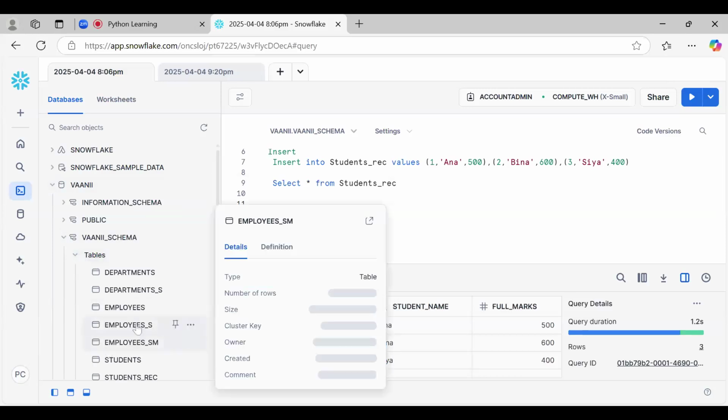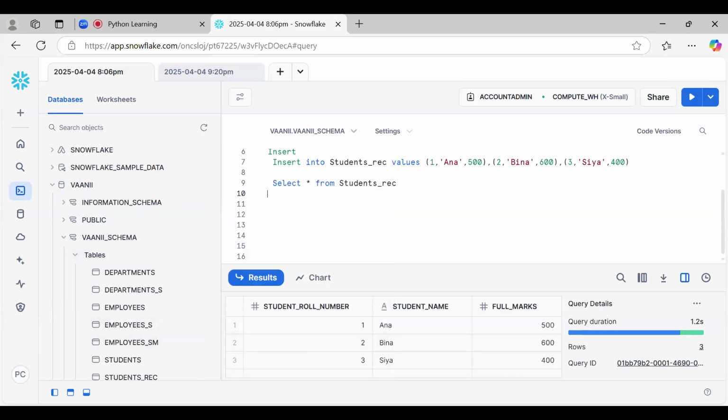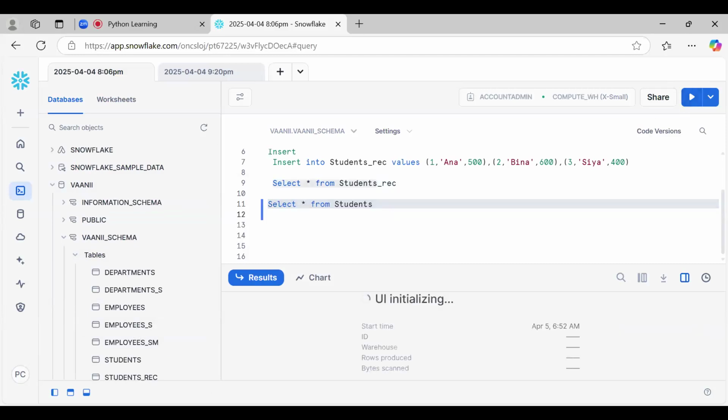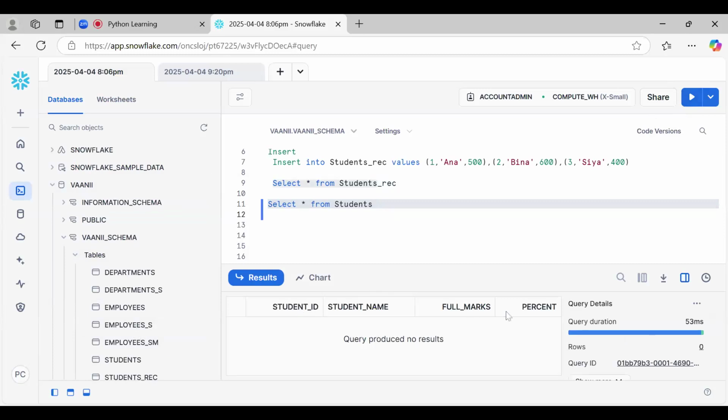Let me check here. We have students. Do we have data here or not? We have 4 columns here, so it will be null for one.